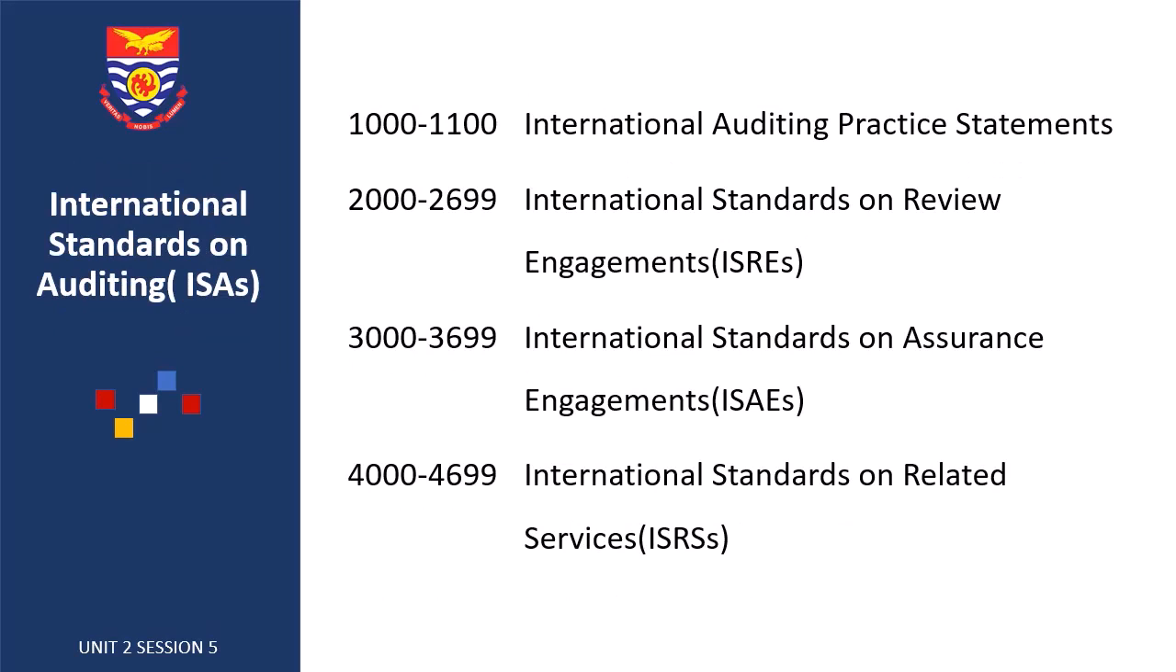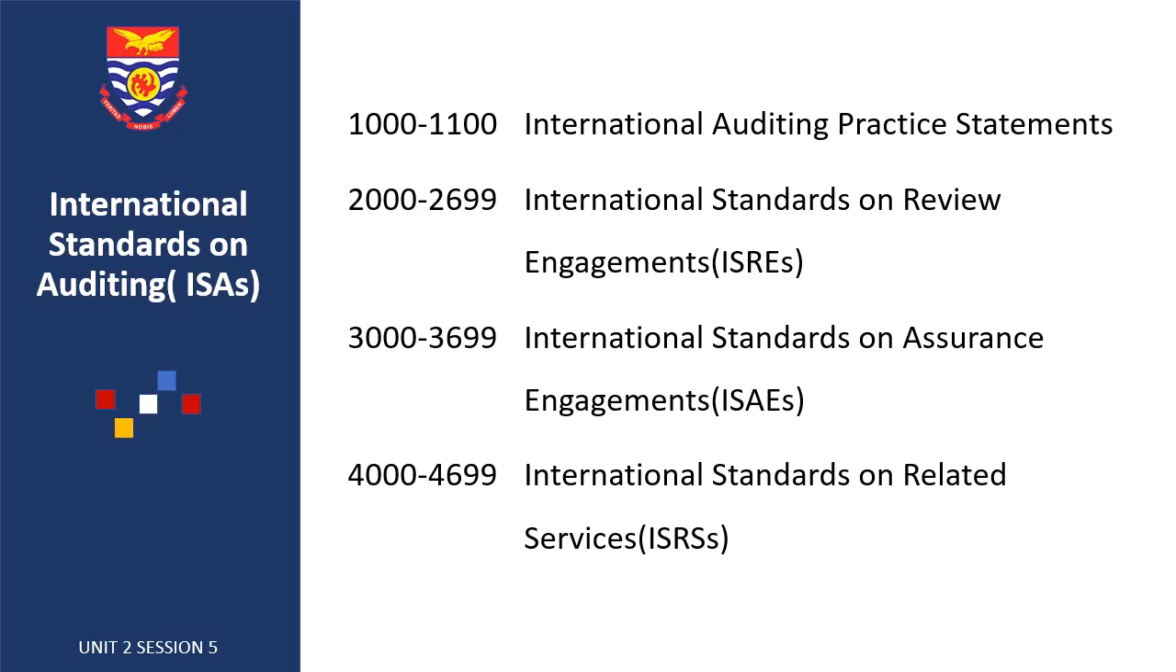Now, from 1000 to 1100, talk about the International Auditing Practice Statement. The International Audit Practice Statement. So, any standard that ranges from 1000 to 1100 talks about the general theme or falls within the category of the International Auditing Practice Statement. Now, from 2000 to